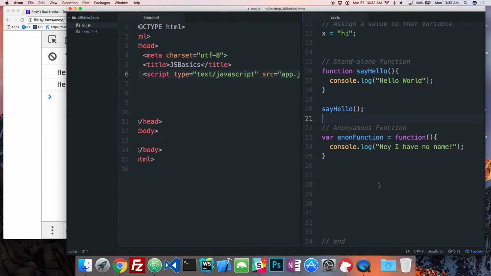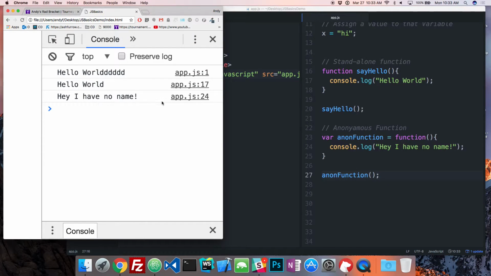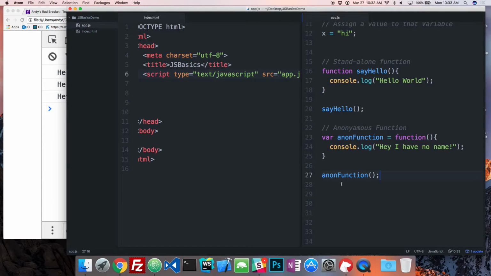There you go. Okay. So these are the two types of functions. If I wanted to run this function, instead of calling the function name, which it doesn't have, I just call the variable name. So I do that, and if I refresh the page, there we go. App.js line 24, right here. So that's the difference between standalone and anonymous functions.